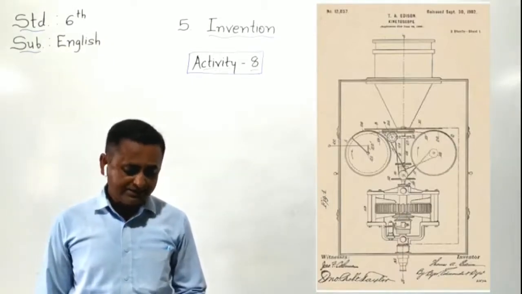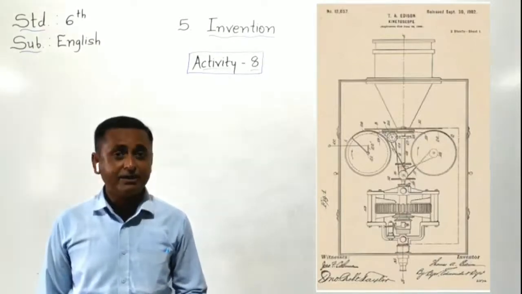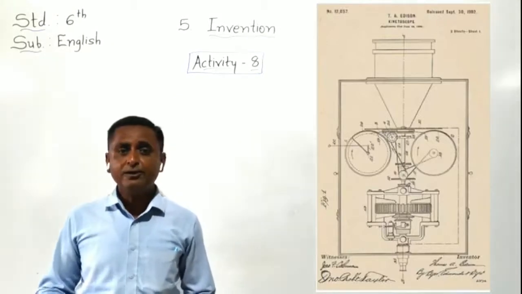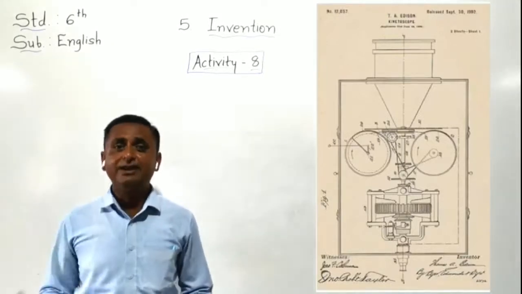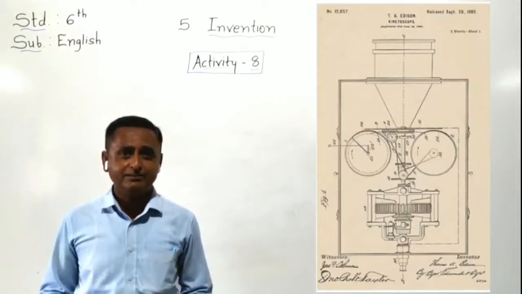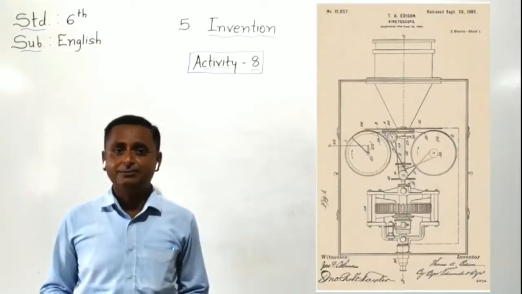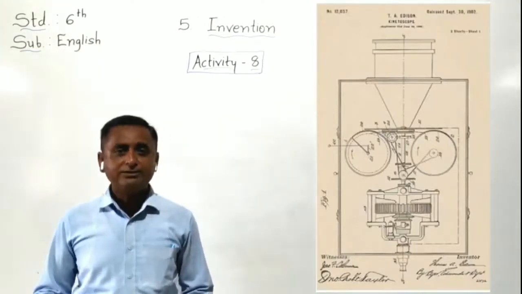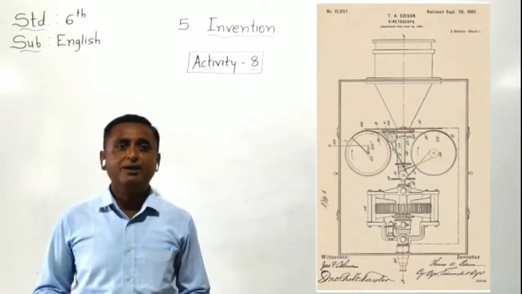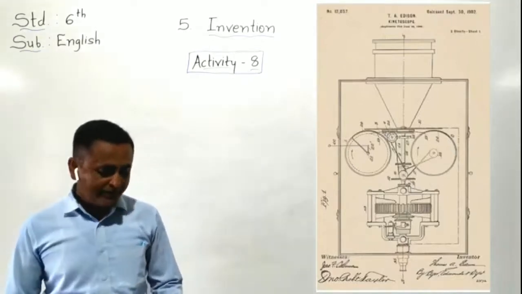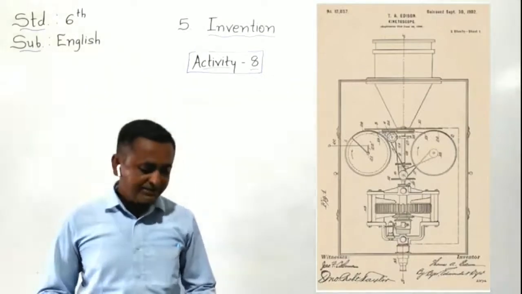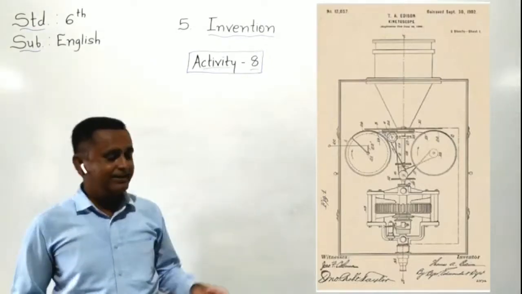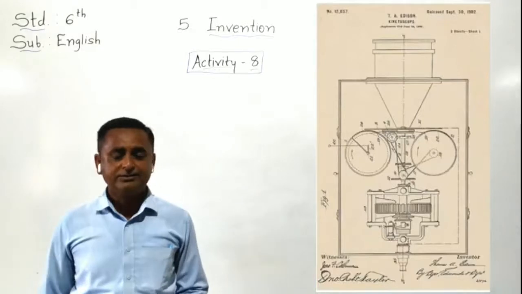Inventors often draw their designs to show how their idea will work. Every inventor who invents new things first of all creates the design of that instrument or anything else. They have to prepare the design first, showing how it works. Okay? So here, Lawrence also drew the design for a smart bell. So every inventor draws their designs to show how their idea will work. So here, one design is given, drawn by Lawrence.